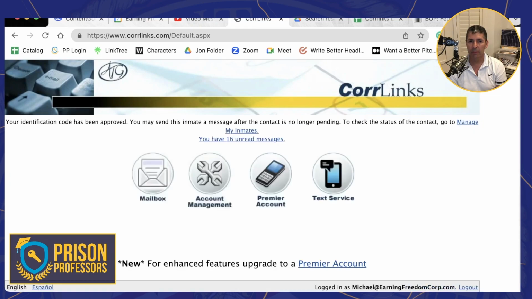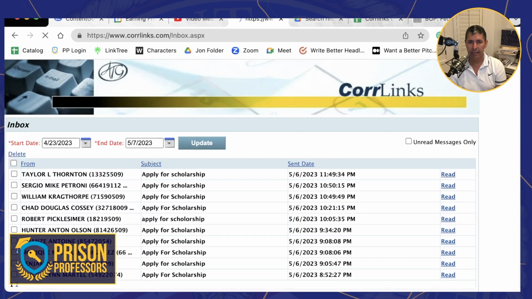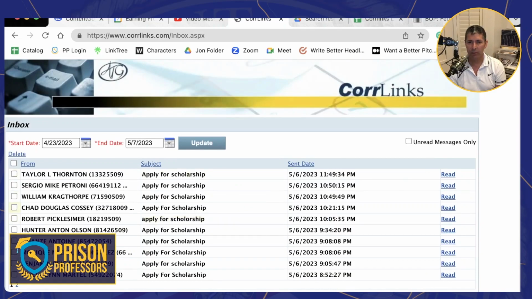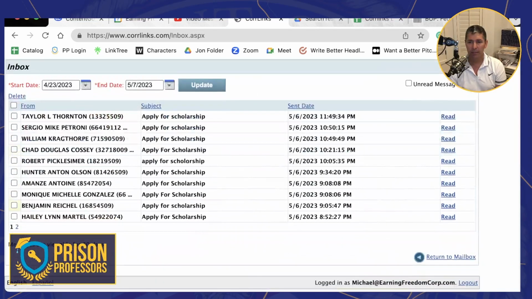So now I'm going to hit this section, and you'll see I have my inmates, right? This is the general mailbox. If I see the general mailbox, I see I have messages from all these people. They're doing exactly what we asked them to do. They're asking to apply for a scholarship. Okay? So what we want to do now is I want to go back to the main mailbox,